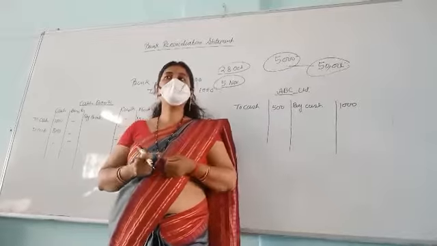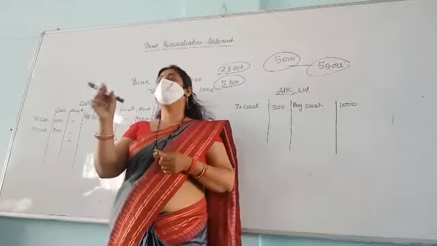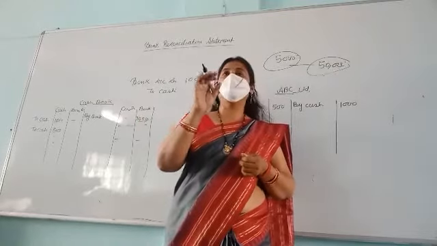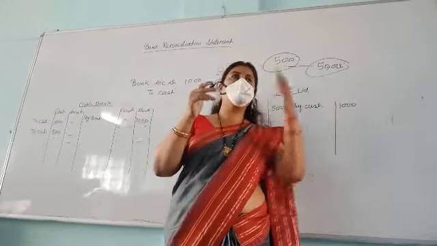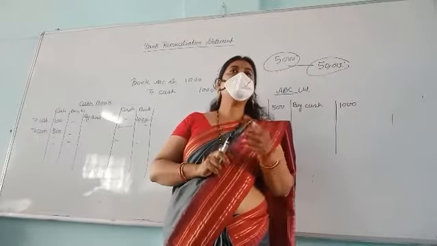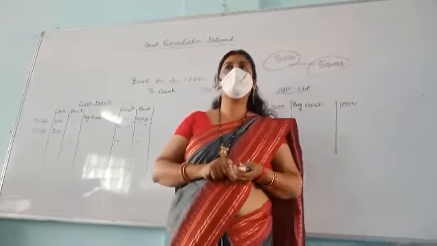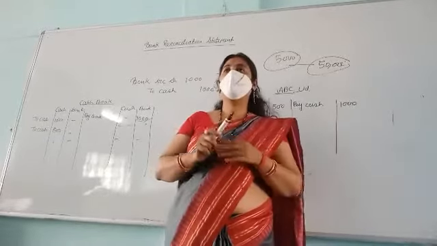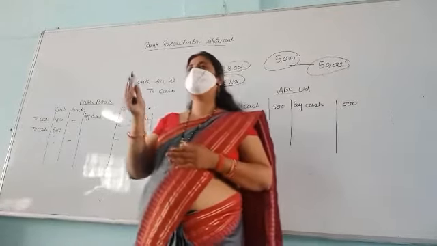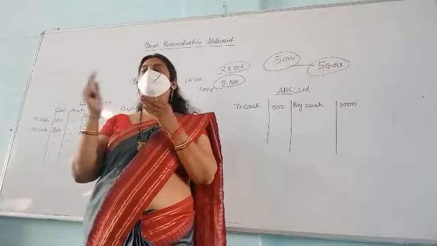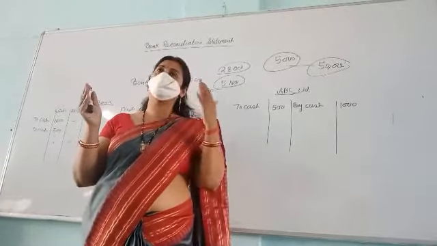And how can we know it? Only when we get the printout of the passbook. We are not having a dream that the bank has given us interest. When we make a printout of the passbook, only then do we come to know that we have received interest on our bank account. So this will also be a reason for the difference between the passbook and the cash book.